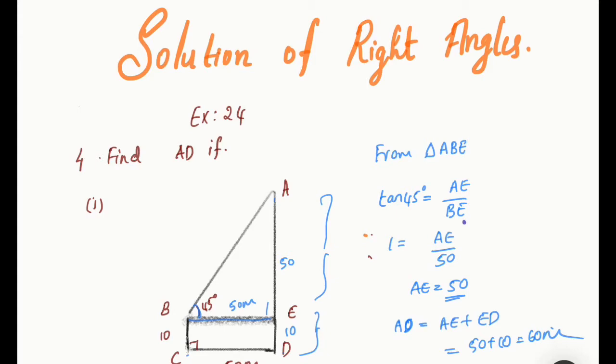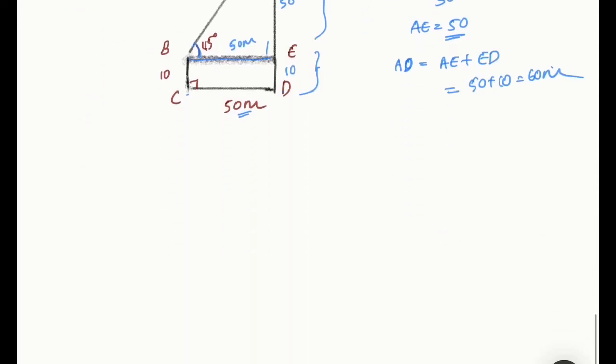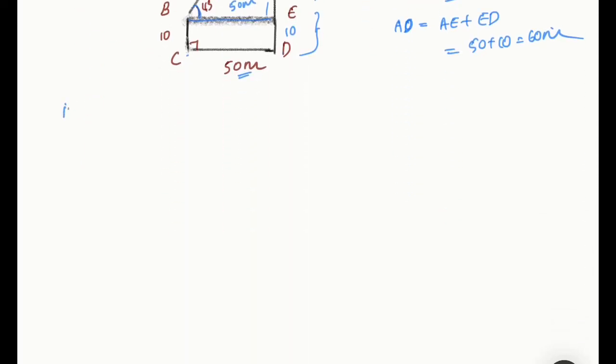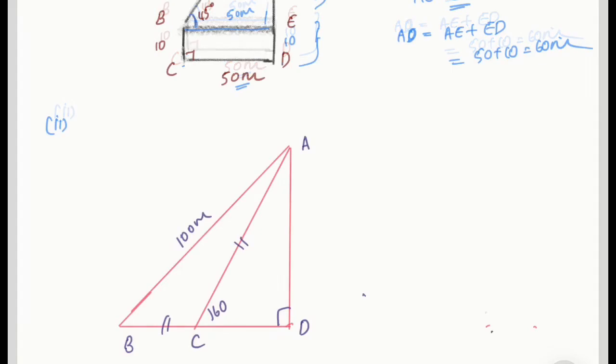Now coming to the second sub question. It's a different figure given. Let me draw the figure. Have a look at the figure. We have triangle ABC and triangle ACD. It's given ABD, and the values are given here. This shows that AC and BC are equal. We very well know that triangle ADB is a right angle triangle, so there is one more triangle inside that. Using the values of that, you can find out AD directly.